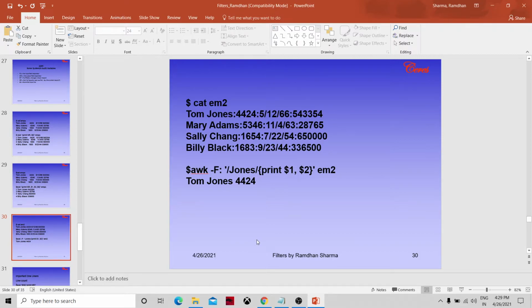In this case we have the field separator colon. So this command searches for zones in the file and then prints $1 and $2 for that record. We have only one record, the first record, and we have printed $1 and $2, the employee number and employee ID for that particular employee.